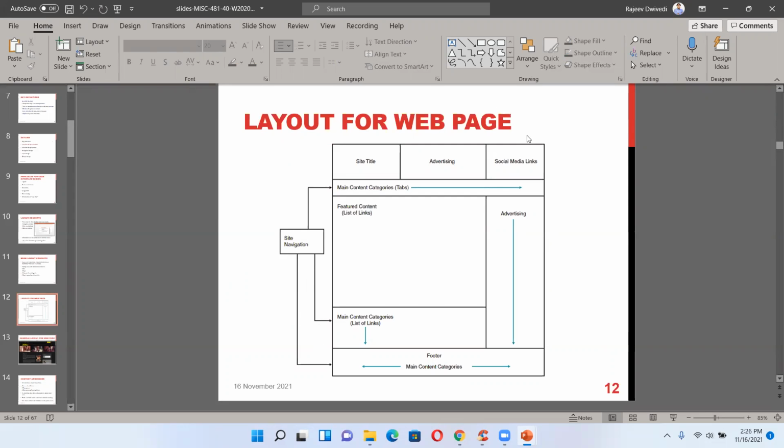So this is the typical layout, but now things are changing. We don't normally see the site navigation on the side nowadays. Everything is on the top, everything is at the bottom, and the middle area. So with time, people's preferences change, and accordingly the layout of web pages or systems changes.